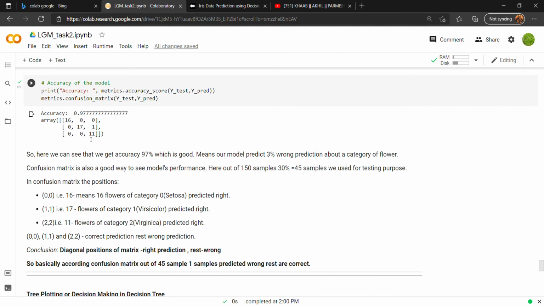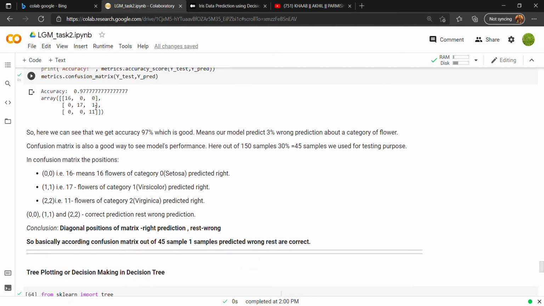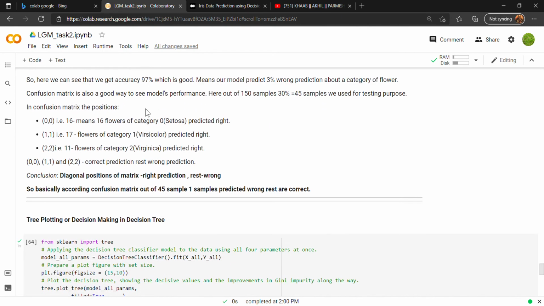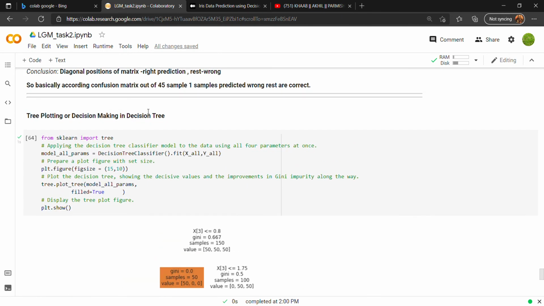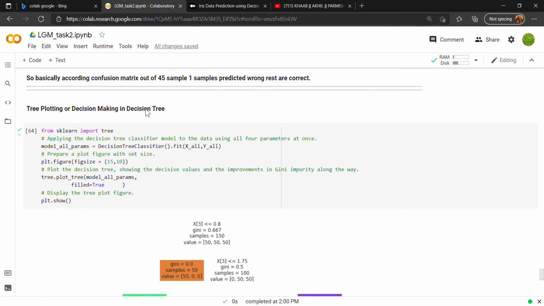And in this, one shows that one flower is predicted wrong. So basically, according to this confusion matrix, we can say that out of 45 samples, only one sample is predicted wrong, the rest are correct.